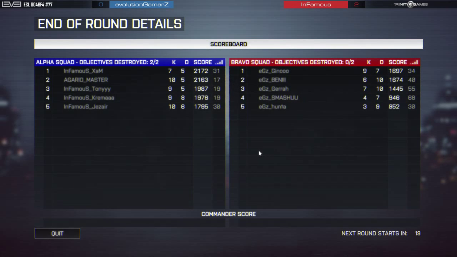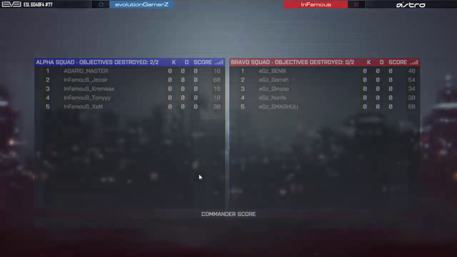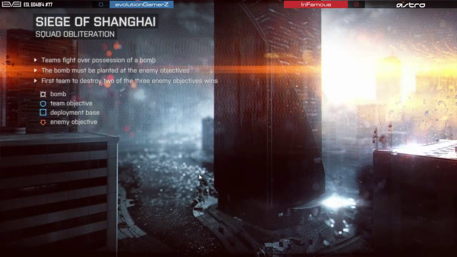We've been playing Squad Obliteration for a year now in terms of testing, and until the release that happened in the I believe it was the autumn patch, released the first version of it, and then with the spring patch, though the winter patch, everything got fixed except for Siege of Shanghai, and then spring patch finally fixed Siege of Shanghai. There was no cover as we see here, so